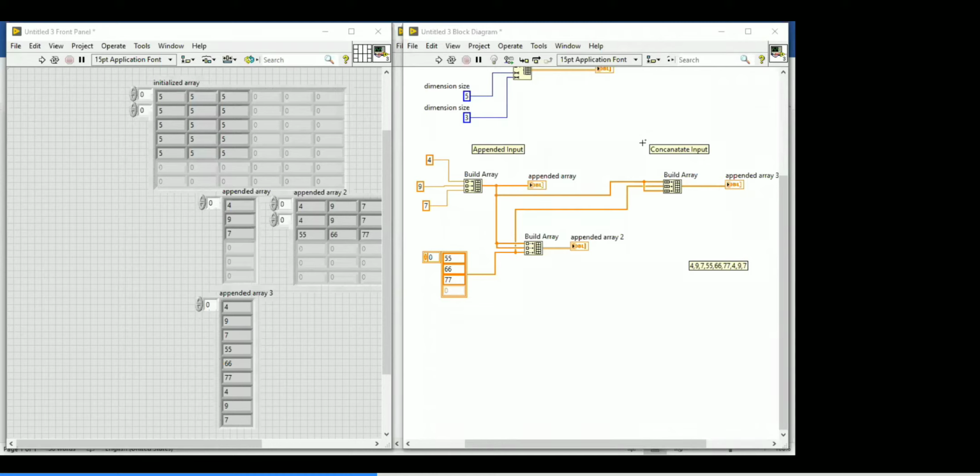Completed or not? Just tell me quickly. We'll go for the cluster data type next.